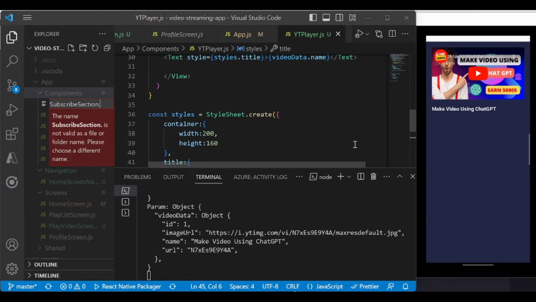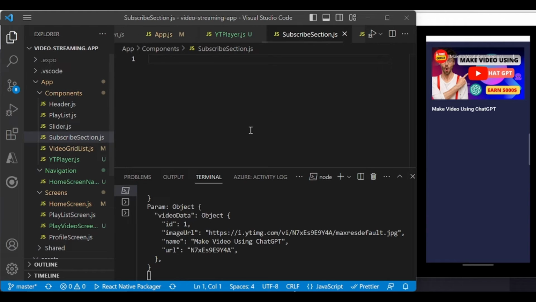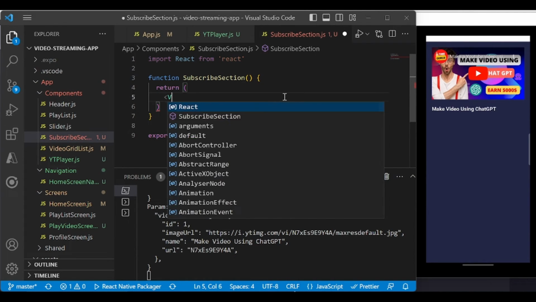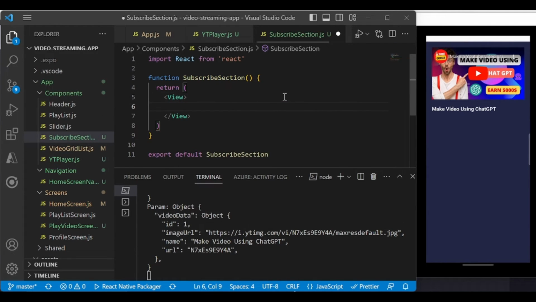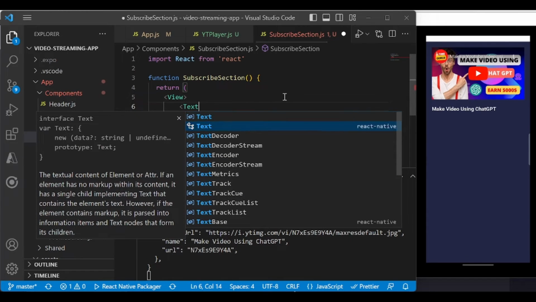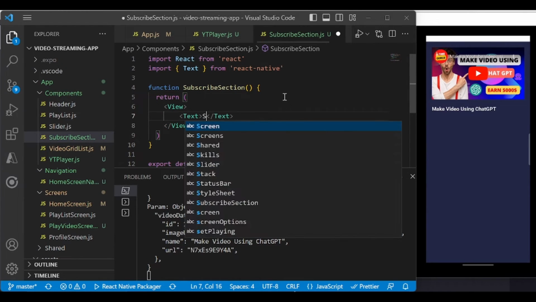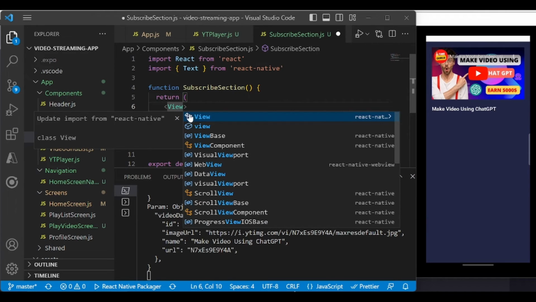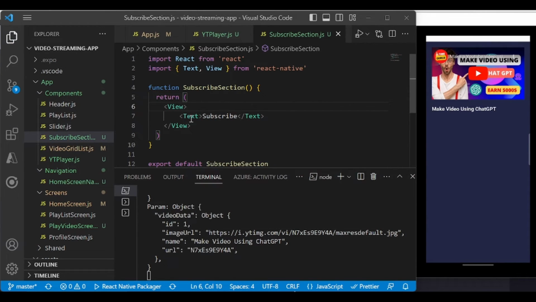I will call it SubscribeSection.js and enter the default template. Remove this view, enter a text, and subscribe. Okay, and I will import this view, button, view section, view as well, and then go to our